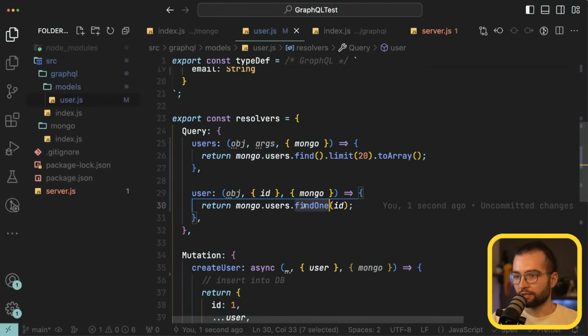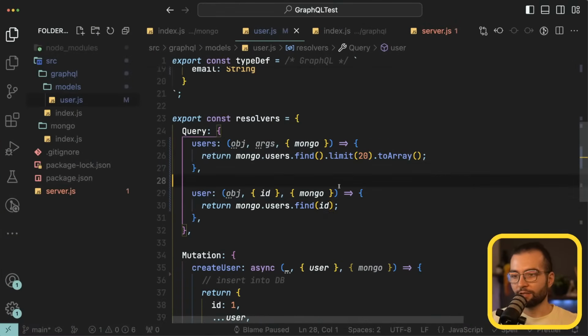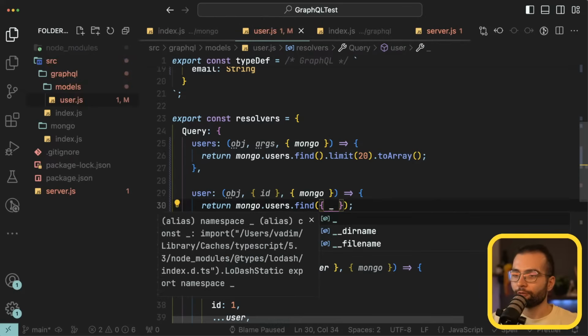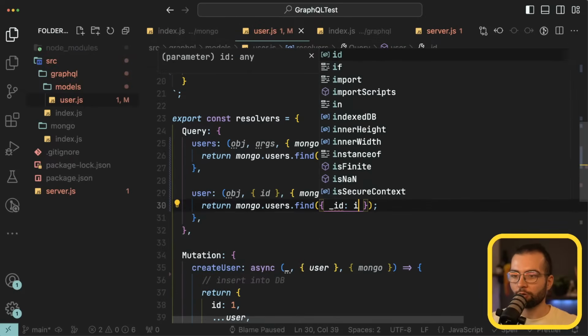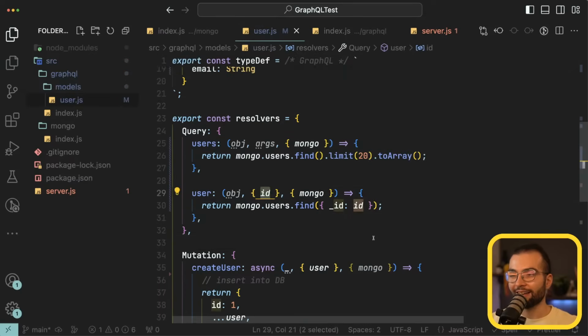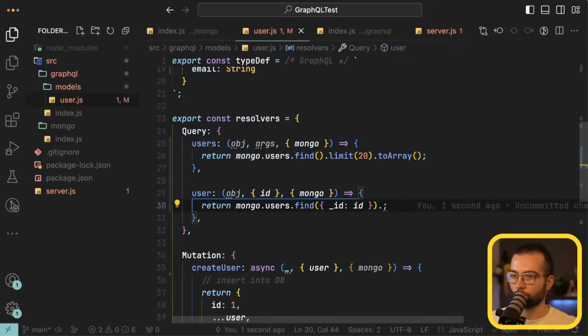Okay, so it's not findOne, most probably it's find, and here we need to specify the filters that we want to provide. So the value of the field _id from MongoDB should be equal to this ID that we get here. Most probably it's not gonna work because we need to transform it to an ID, but let's check it out. So after find, I think we want to do